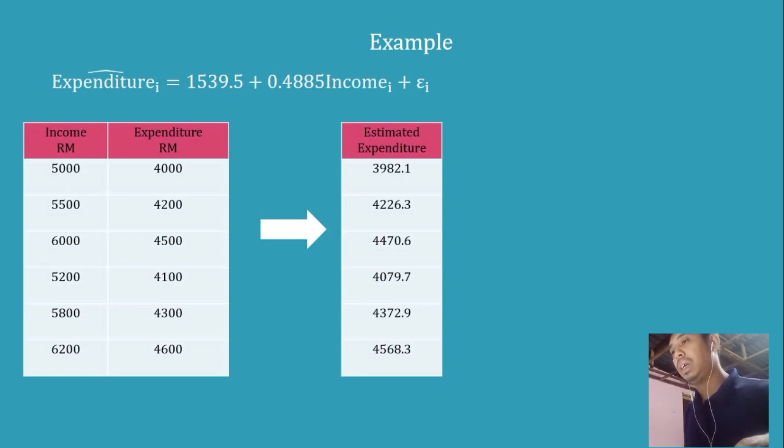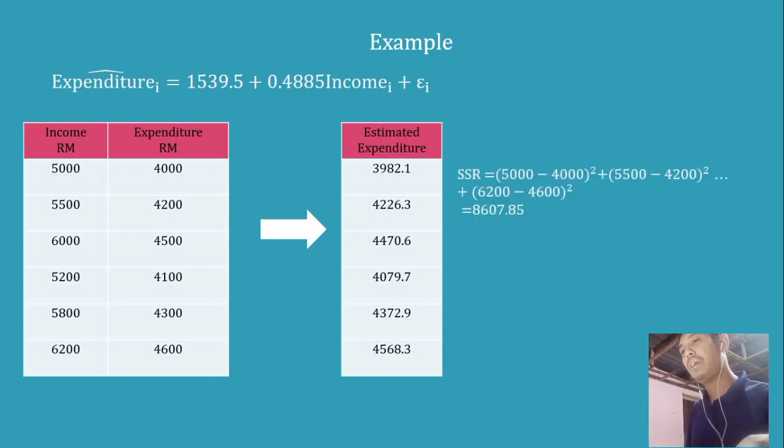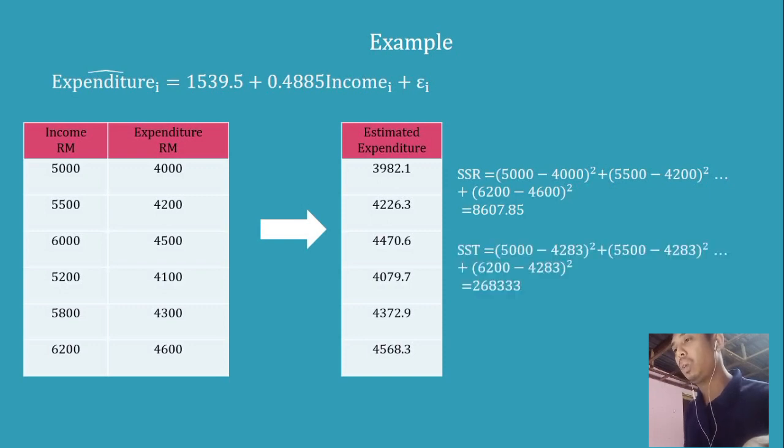I utilize the equation to generate the estimated expenditure, or y hat, or estimated y. Therefore, I have two types of y: observed expenditure and estimated expenditure. I use this data to calculate the residual sum of squares and the total sum of squares, which is shown in the following calculation. So the value of R square is